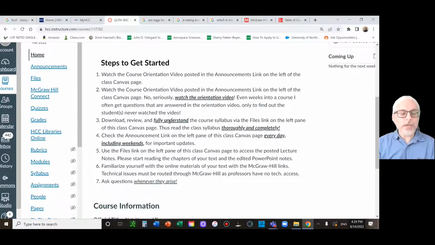But there's a student here and there that get grumpy about it, don't want to read it, say, well, I read it, but I don't get it, and didn't bother to ask me till way into the term. Don't do that to yourself. Whenever you read something, understand it. If you don't understand it, ask a question. And if you have 50 questions, maybe set up one of those Microsoft Teams videos and let's talk about it. Thoroughly and completely understand your syllabus.